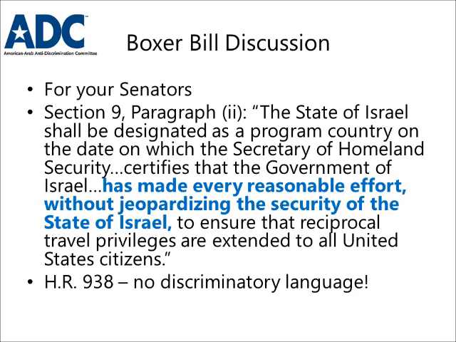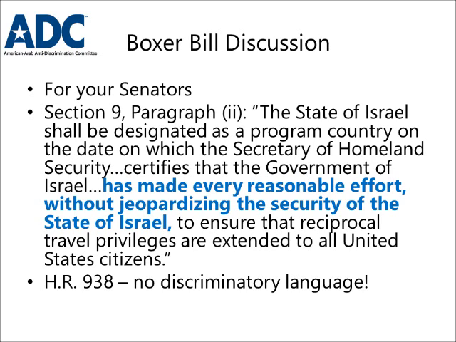Senator Barbara Boxer from California introduced the U.S.-Israel Strategic Partnership Act of 2013. This bill already has 51 co-sponsors, so check if your senator is a co-sponsor. And you can do that and look for the text of the bill by contacting us at advocacy@adc.org, and we can give you information about the bill and the co-sponsors.